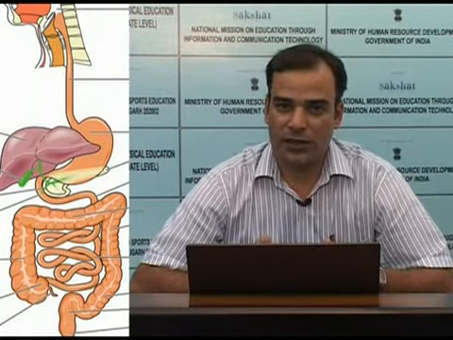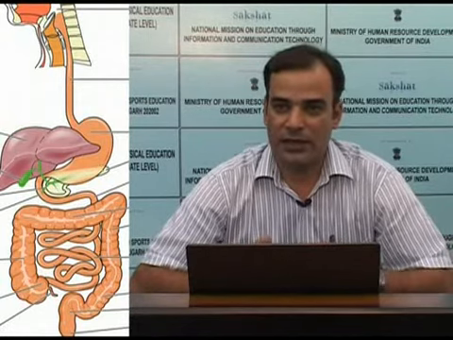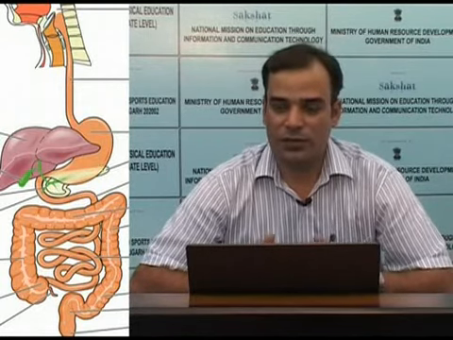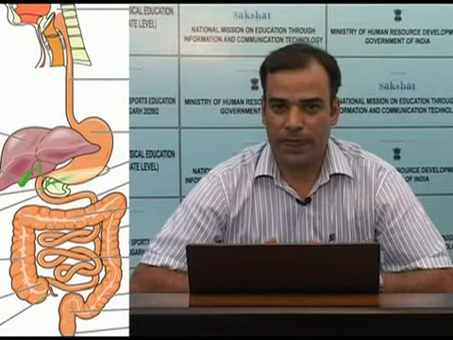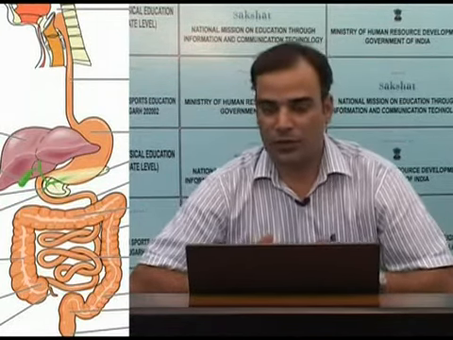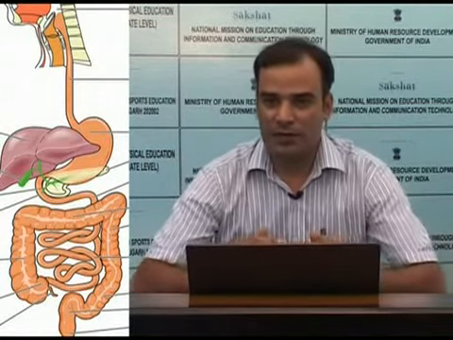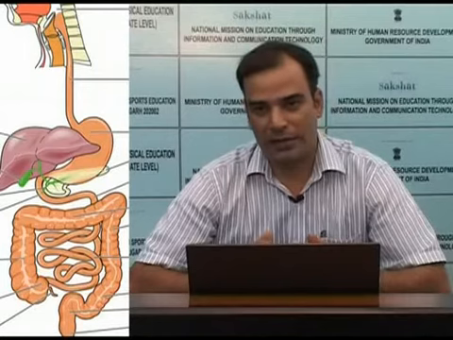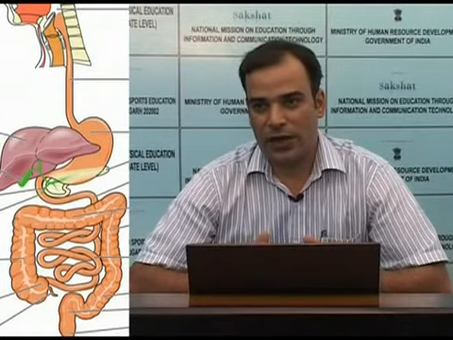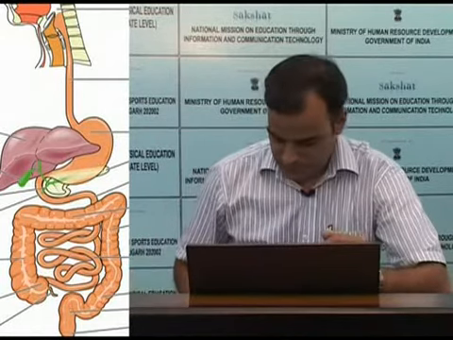So generally in the GIT, in this muscular tube, we have 4 layers: the outer connective tissue layer, serosa, then the muscular layer, where the outer layer is the longitudinal muscle layer and the inner is the circular muscle layer, then submucosa and mucosa. In addition, we have the muscularis mucosa, a thin muscle layer between submucosa and mucosa, and 2 nervous plexuses. One is placed between the muscle layers, called the myenteric plexus, and another is located in the submucosa, called the submucosal plexus.